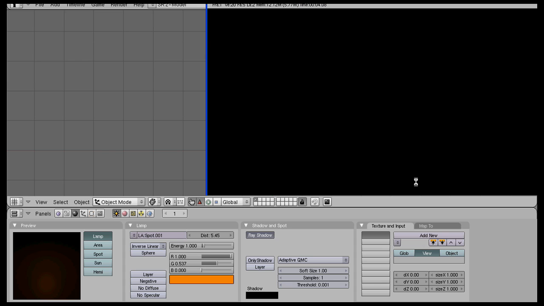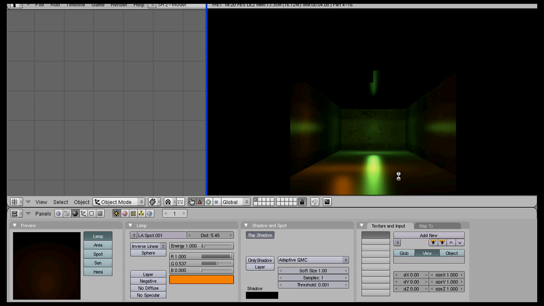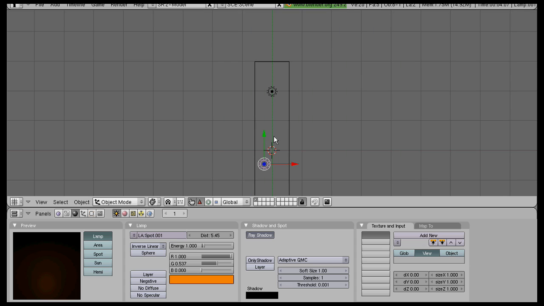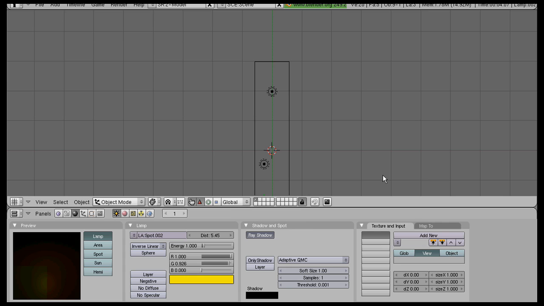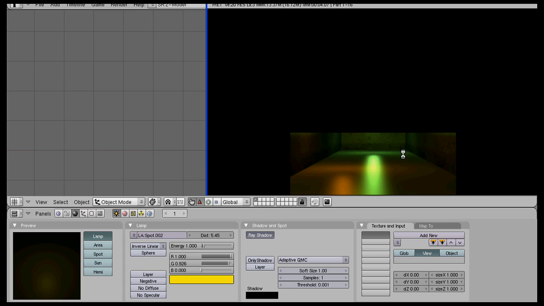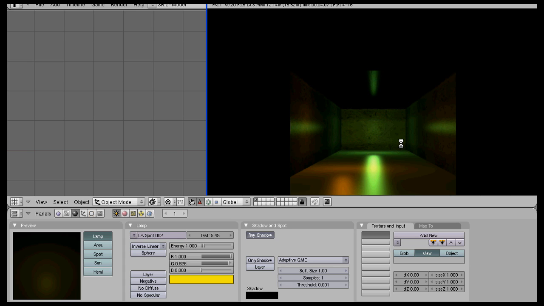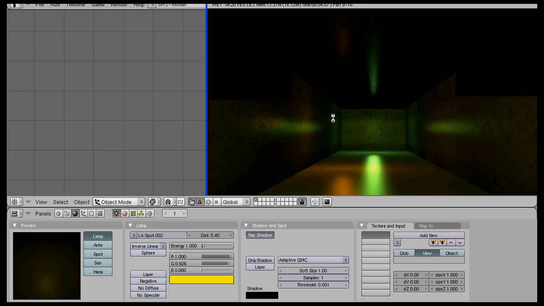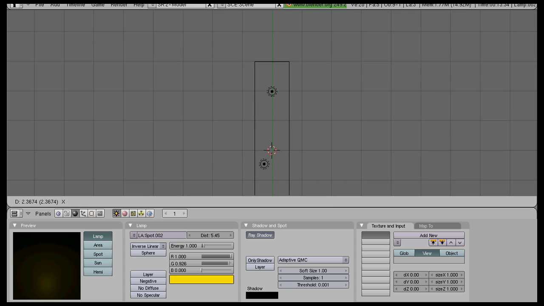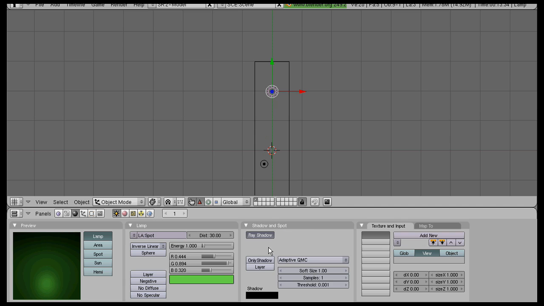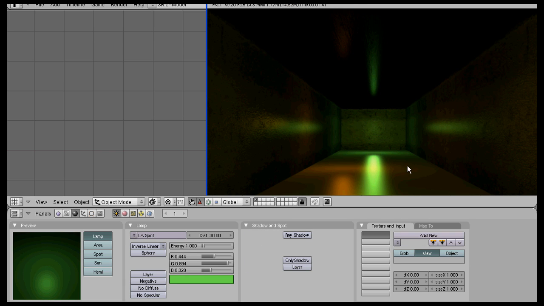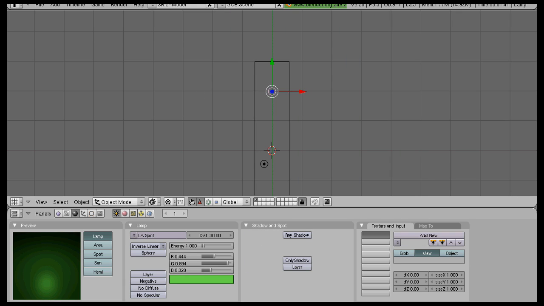Move that down some more. And then duplicate it again, and this time make it yellow. And once it renders, okay, there. Let's move it over this side too. Another thing I forgot about this, need to turn off ray shadow because we don't really need shadows. So that runs a lot faster now. Okay, so that's looking really good. Now let's go for the